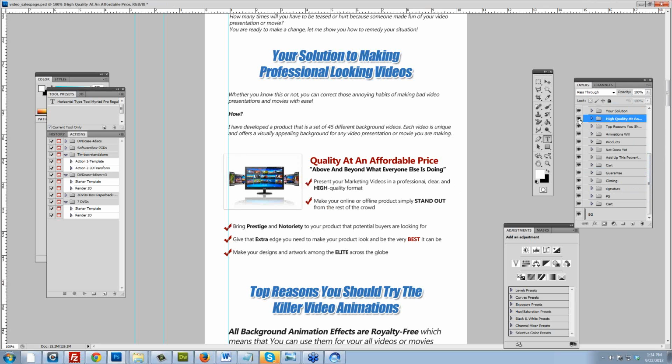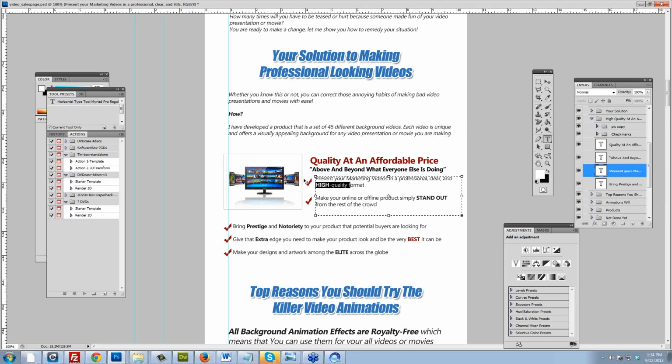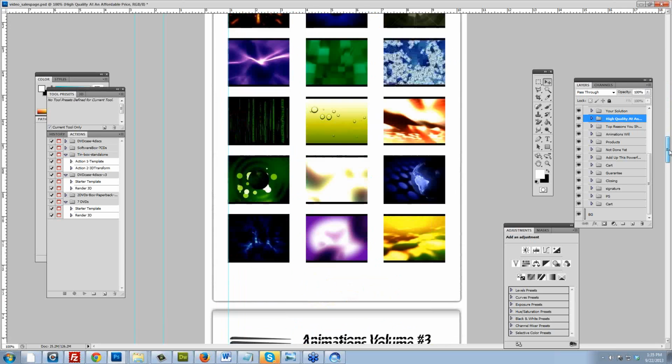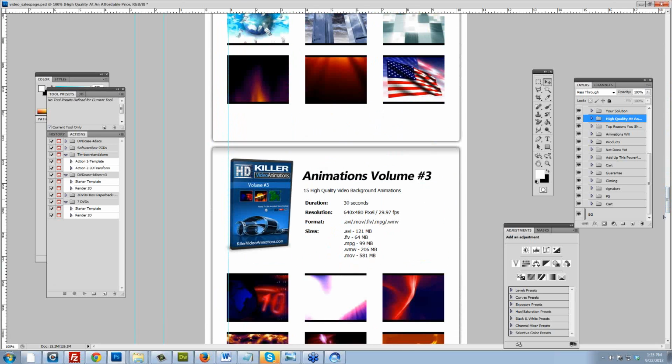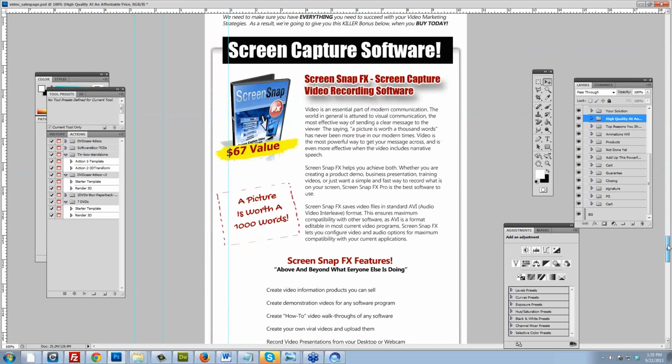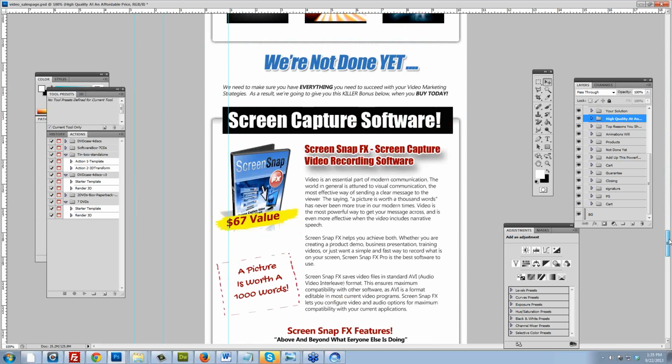I can simply take that whole entire section, drag it onto another template. I can highlight this, change it, move it, make it shorter, make these check marks blue, change out my picture. You can do all of this when you have templates. This is what you're getting. Nobody else is offering anything like this. They don't want you to have it. They don't want you knowing how to create sales pages like we do. We don't mess with HTML. We don't mess with coding, guys.